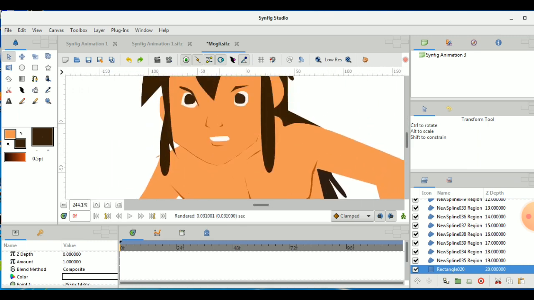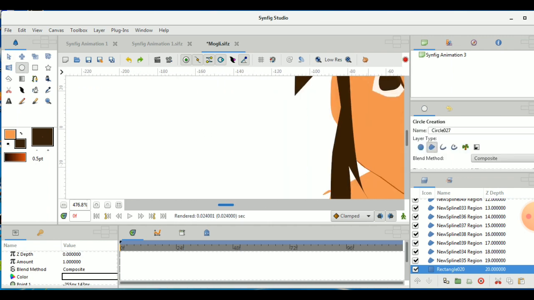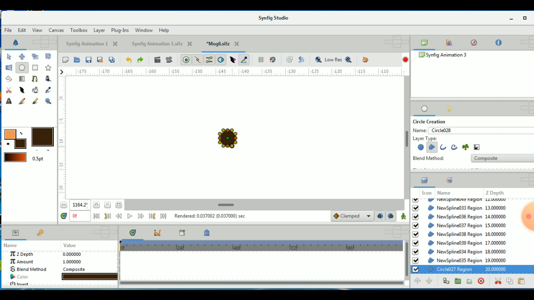Still one of the eyes has a problem. Now as I'm going to add the white color, it will have the effect. Then we'll have some changes.